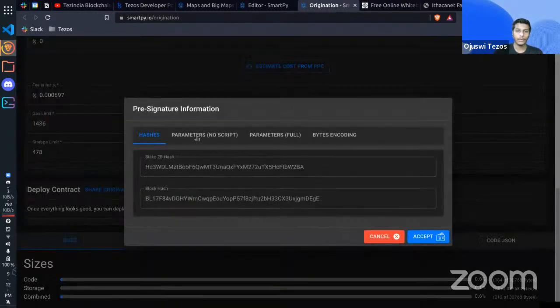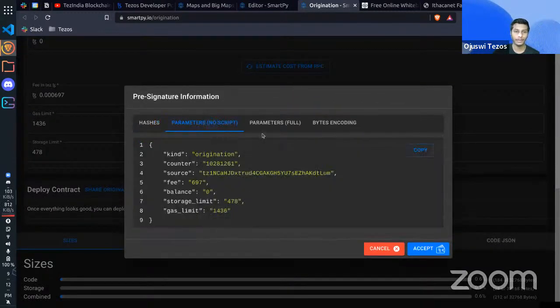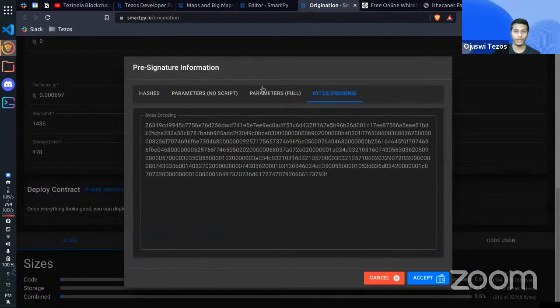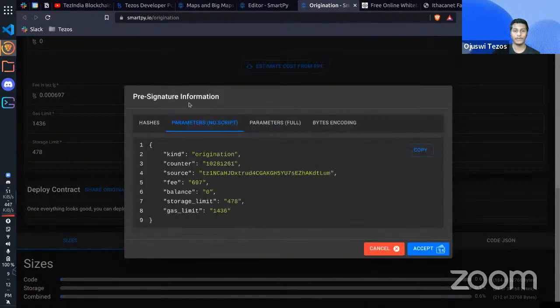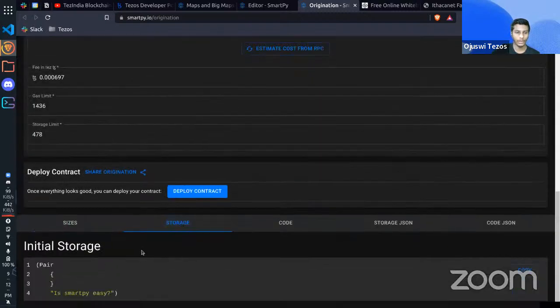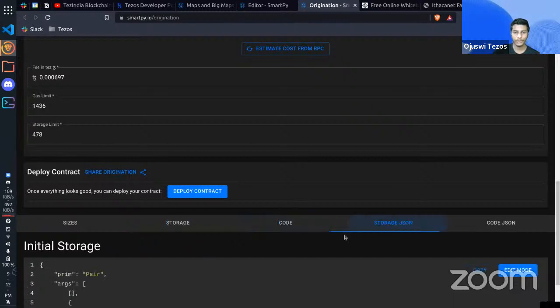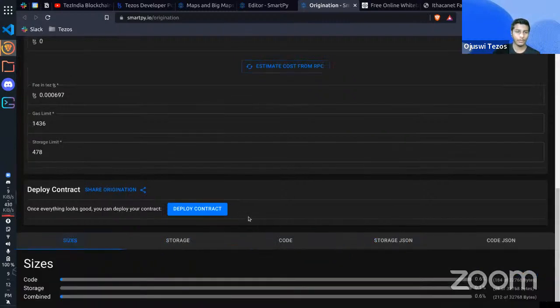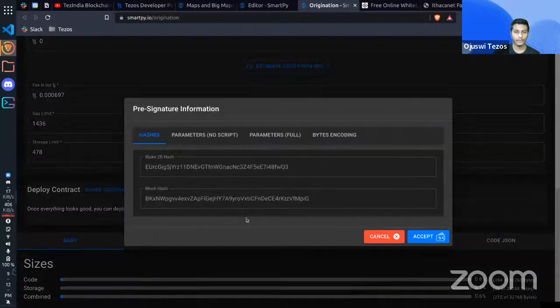So it will show me the signature information, what is the hash that is going to be signed. You don't need to worry about any of this. In case you want some initial value or something, then you might need to look at these things like the storage. The initial storage can be edited here. But for now, nothing of that is needed. You can simply click on accept,